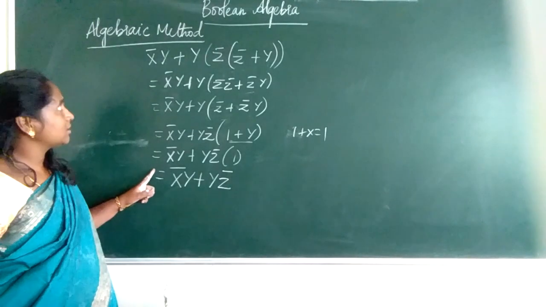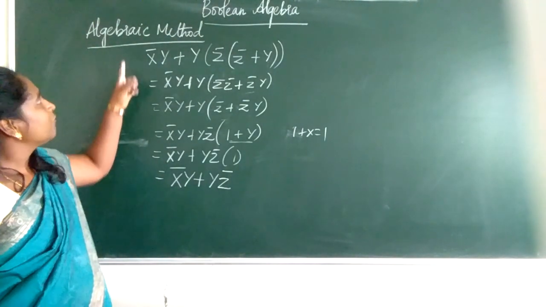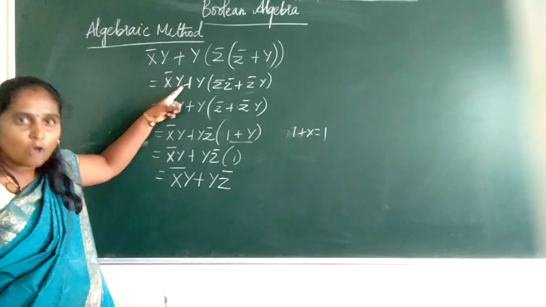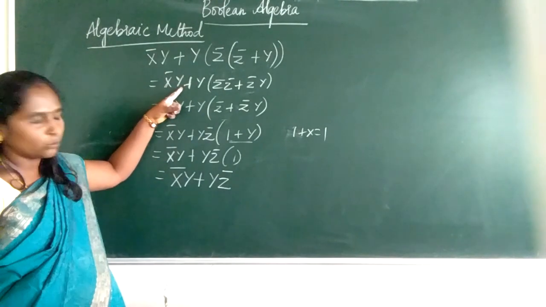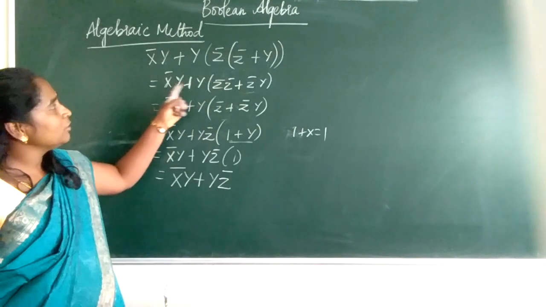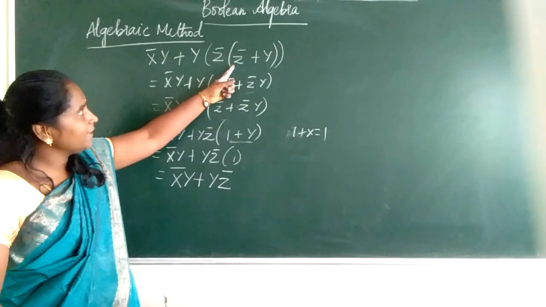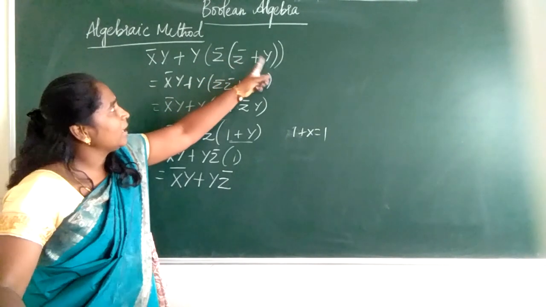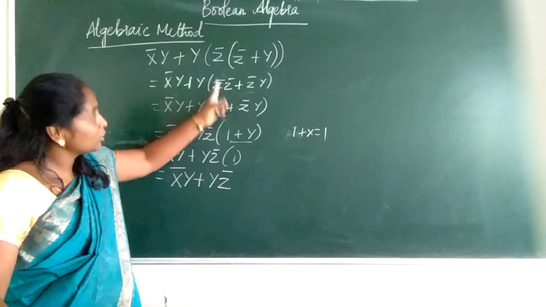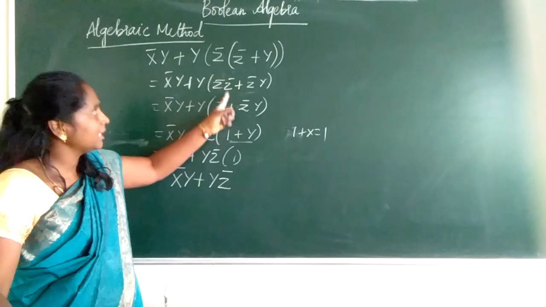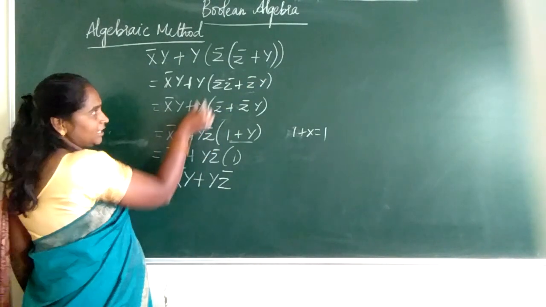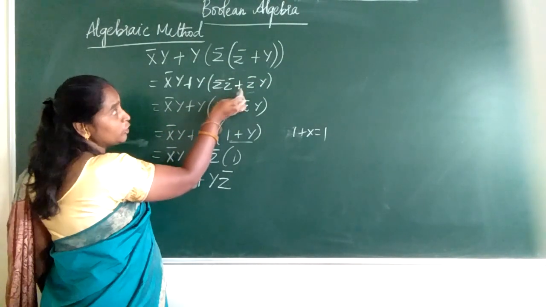So using the first rule of your algebraic method, for the given expression you can use either De Morgan's theorem or any Boolean algebra rules to solve it. The first rule I have applied is the distributive law. I have multiplied x into x bar, then z into z bar, which is z bar, plus z bar y. So as it is written, z bar into z bar according to the idempotence law,